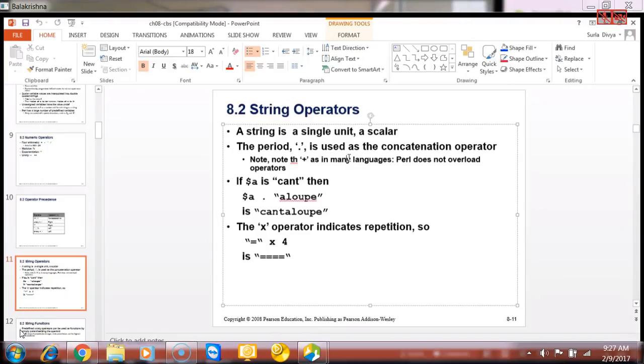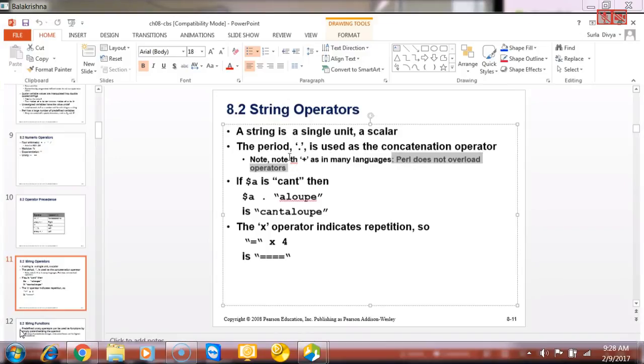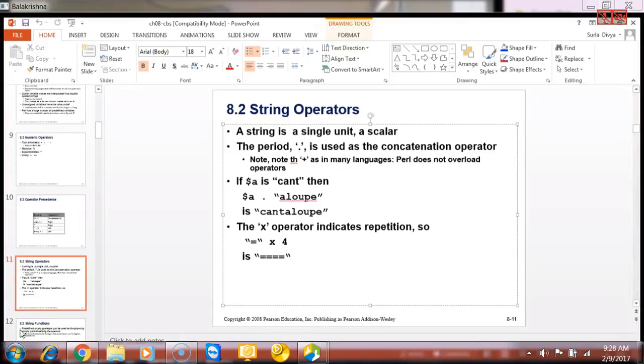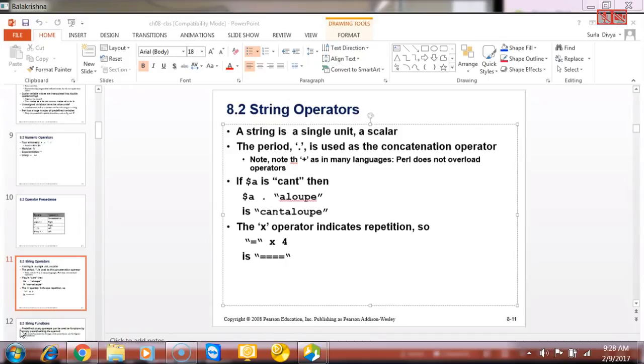But that is in other languages. Perl does not overload operators. Therefore, they have defined a special operator for concatenation. In other languages, you can still use plus to concatenate two strings. I hope you all are aware of what concatenation is. Concatenation is nothing but joining of two strings. If I have a string x1 equal to hello, and a string x2 equal to world, if I say x1 plus x2, then it becomes hello world in other languages.